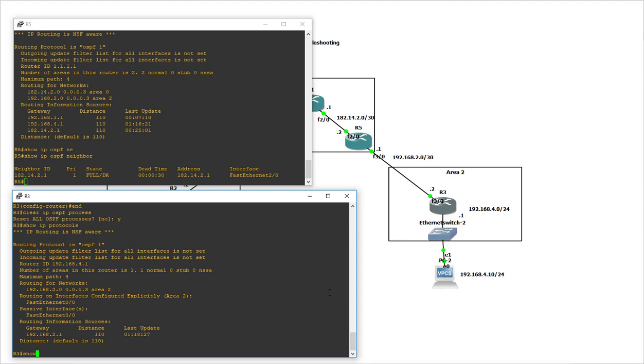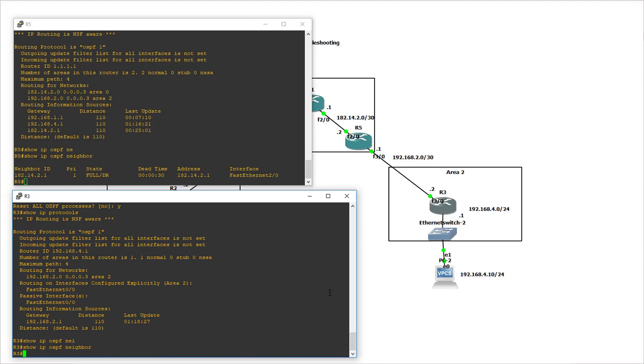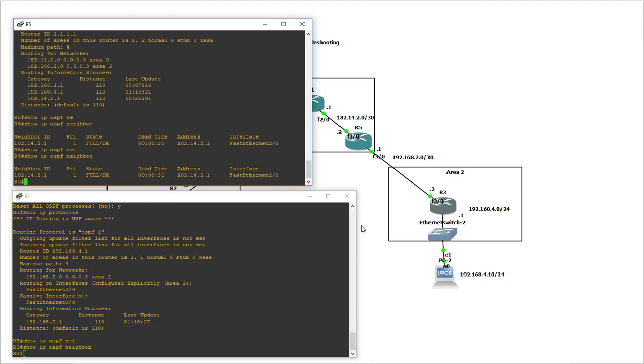Let's see if there is a neighbor relationship established now between router 3 and router 5, and there still is no neighbor relationship between router 3 and router 5. Okay. So let's check the interfaces on router 5 and router 3. So if I go show IP interface brief,